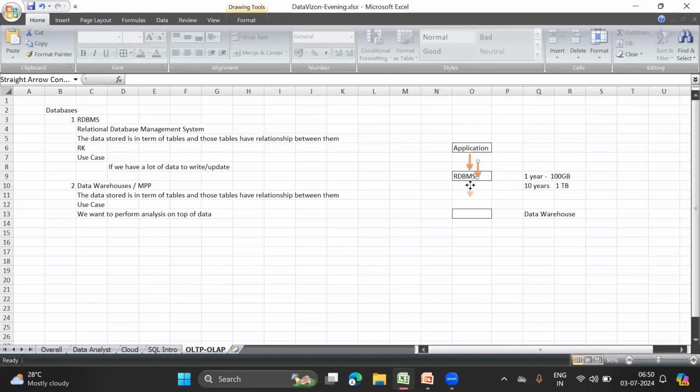From the RDBMS, I will extract only 1 year of data, because I want to understand the pattern for 1 year. I do not want to have these 10 years of data. So this is going to be your data warehouse.